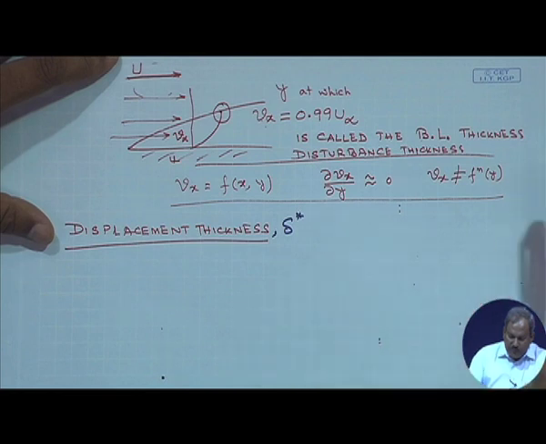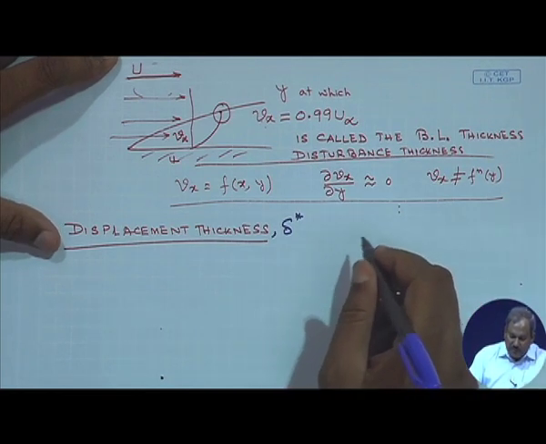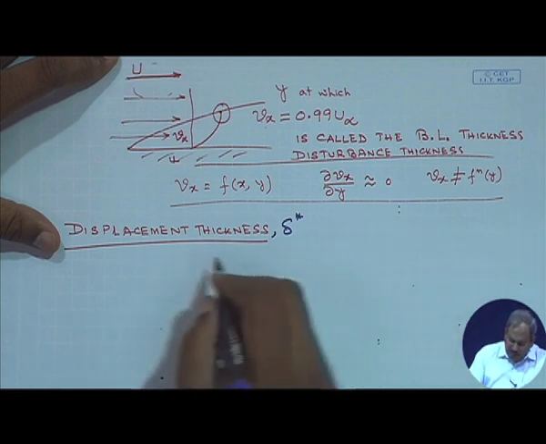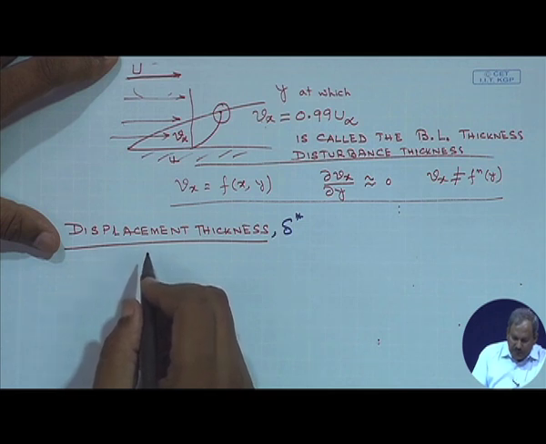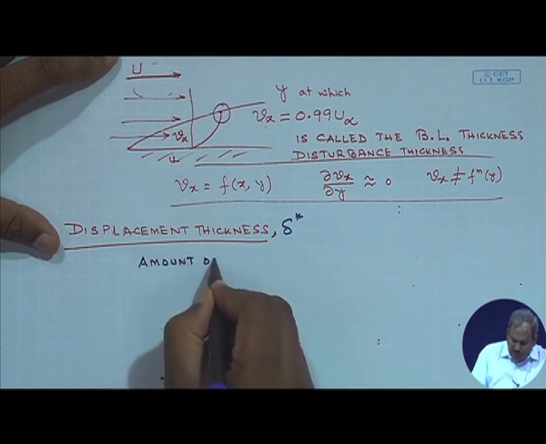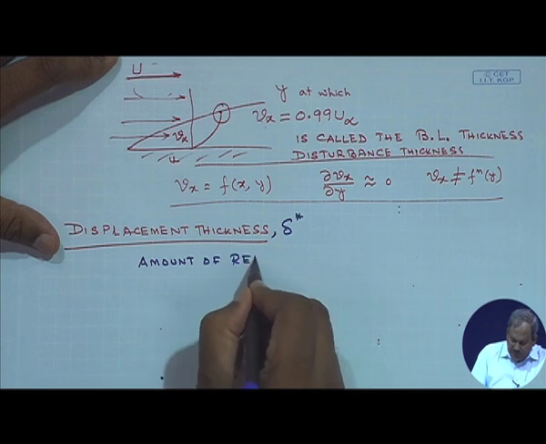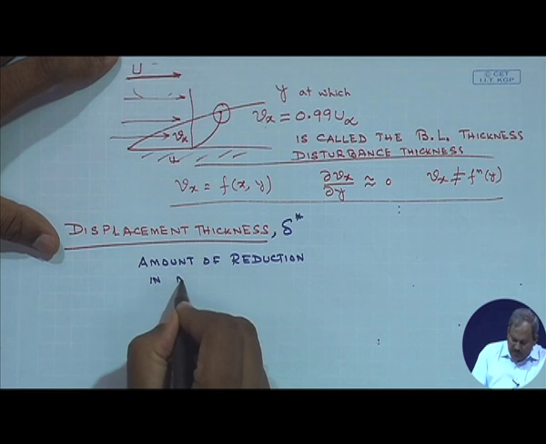So how much less mass are we going to have inside the boundary layer? Due to the influence of viscous forces, the amount of reduction in mass flow rate